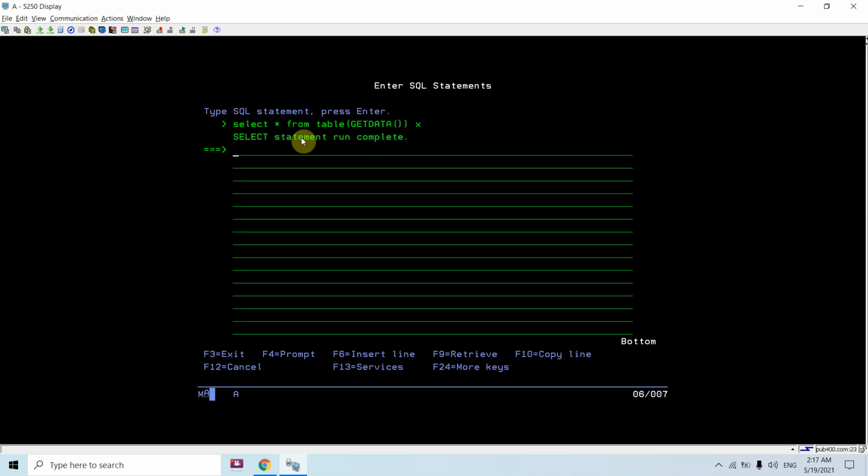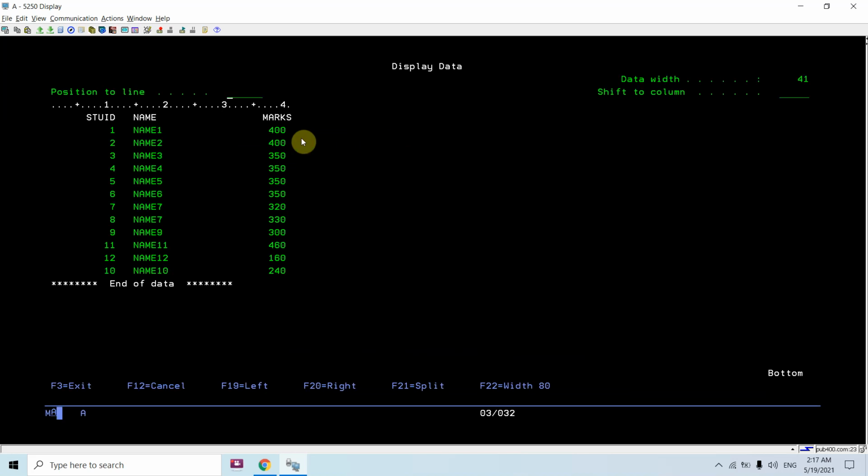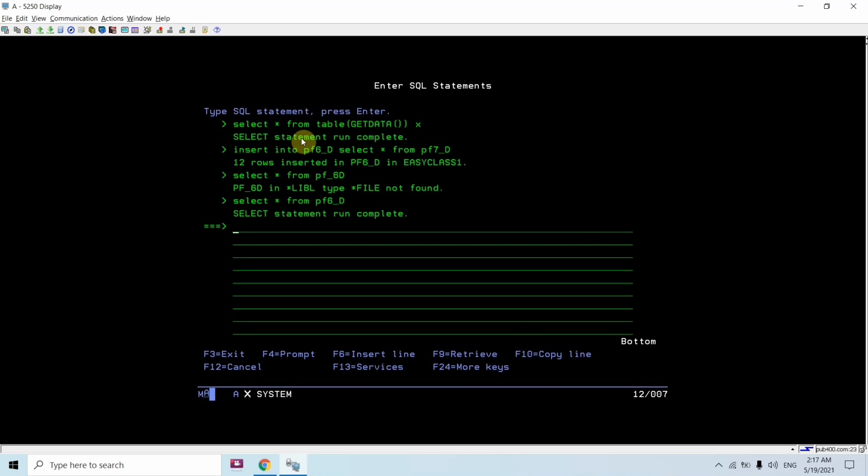Let me insert some records. So now this table has some records. So it has these 12 records.